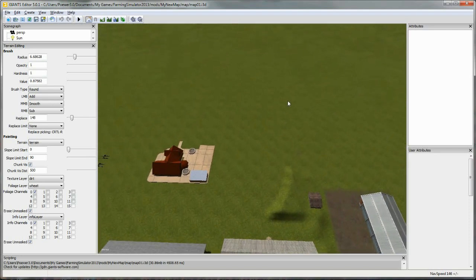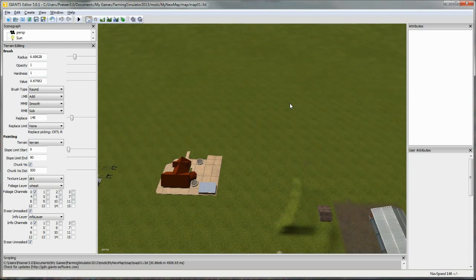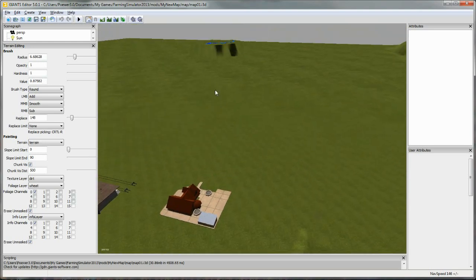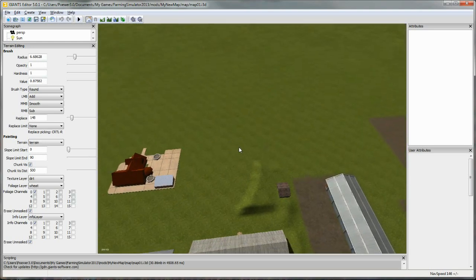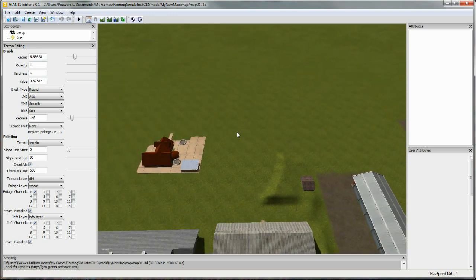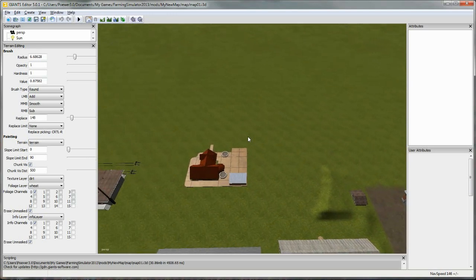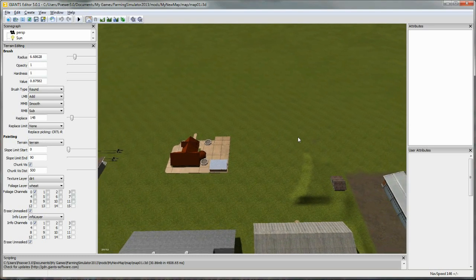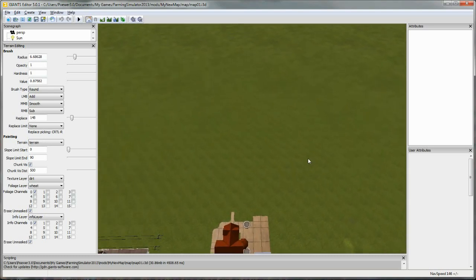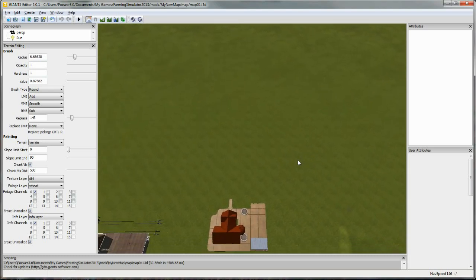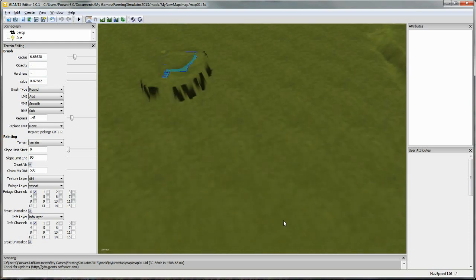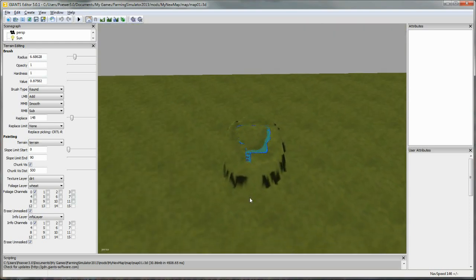Difficult to get used to sometimes because it's so quick, but right, all we're doing in this tutorial is we're going to move all 3 zones: the cow zone, sheep zone, and chicken zone. We're going to do it close to the farm here. We'll just keep it nice and simple. We'll put the cow zone over here. So first thing we've got to do is